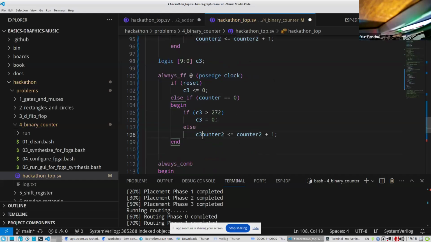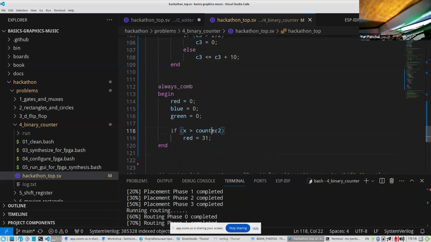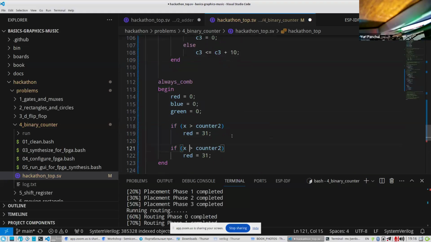Then you put C3. So let's actually increment not by 1, but let's increment by, let's say, 10. So we can increment it by 10. And then you put that if y is more than C3, is more than C3.